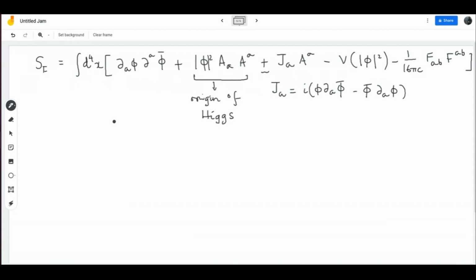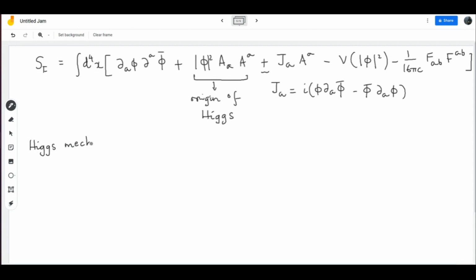In that case, the Maxwell action became not gauge invariant. If we put an m squared c squared AA kind of term, the action became gauge non-invariant, because the AA term is not gauge invariant. But here we have derived it as part of a full action that is gauge invariant, because that's what we derived just now. So this action is fully gauge invariant, and therefore the Higgs mechanism is nothing but